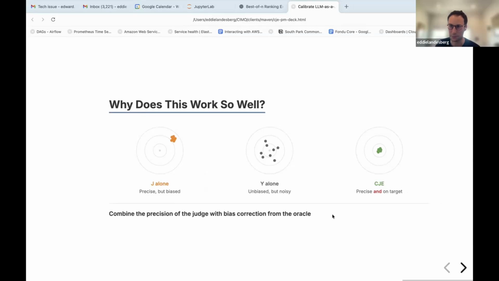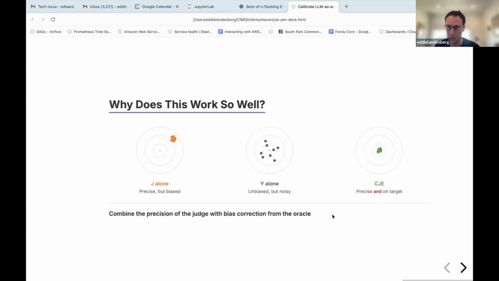To provide some intuition into why this works so well: I think the real strength of an LLM judge is that it's really inexpensive. So you can collect a lot of data and get really precise estimates of the thing they're measuring. Unfortunately, they're measuring something random or something that's not closely related to what you care about. The oracle labels are really expensive, but they're pretty true to what you actually care about. Because they're so expensive, you can't collect many of them. So think of them as aimed at the right target, but very dispersed and noisy.